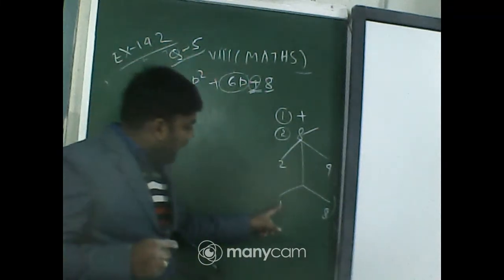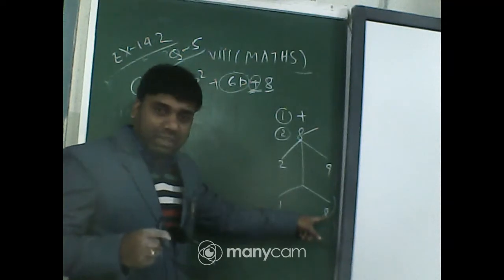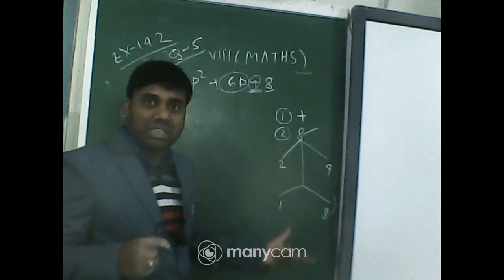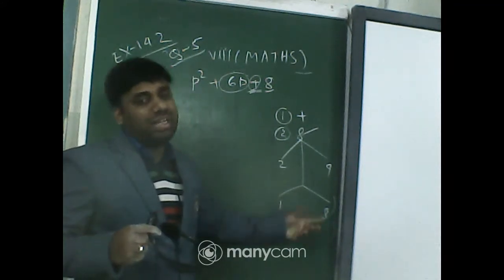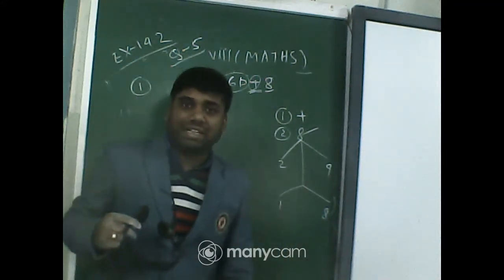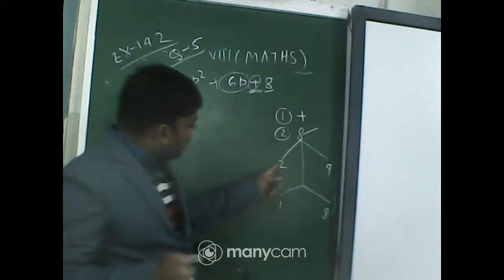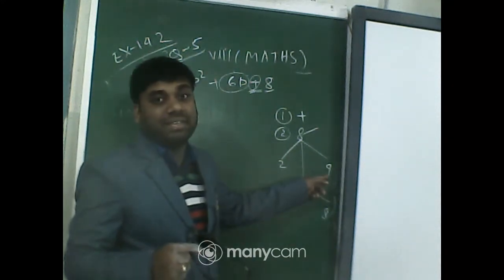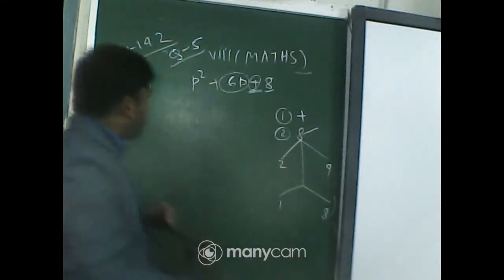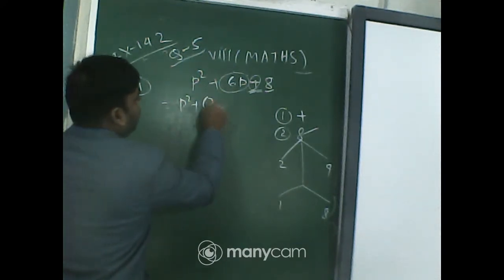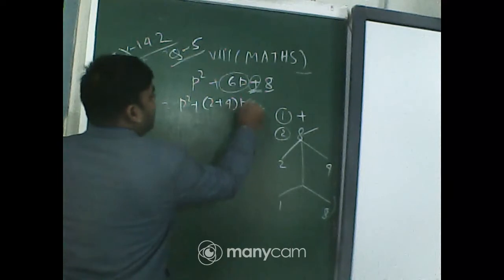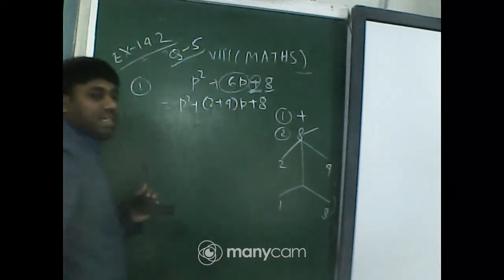So if I add 1 and 8, which are factors, 1 plus 8, why plus? Because plus is given here. 1 plus 8 is 9, so we cannot take those factors. But if I take 2 plus 4, it is obviously 6. So in place of 6p, you can write p square plus 2 plus 4 p plus 8. I hope this step is clear.